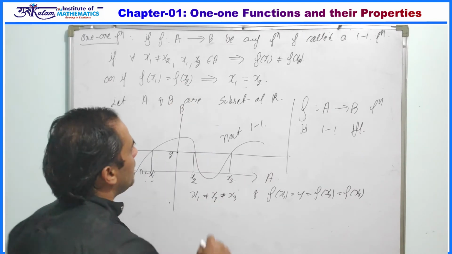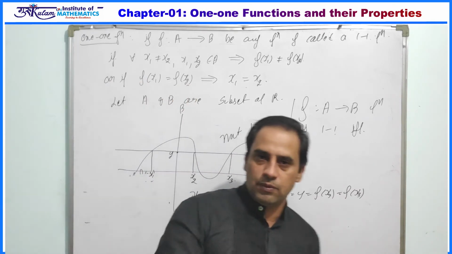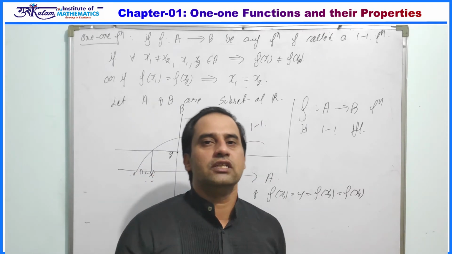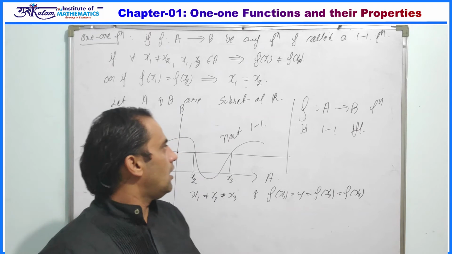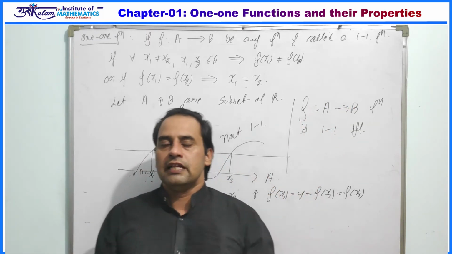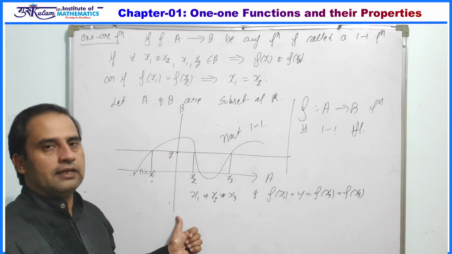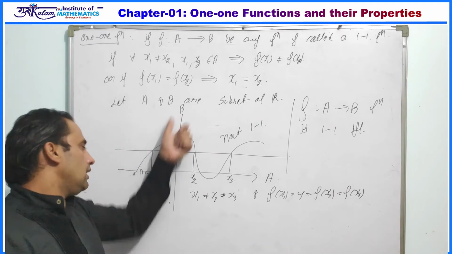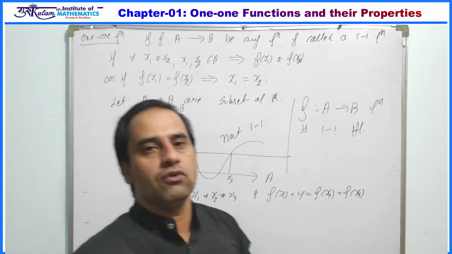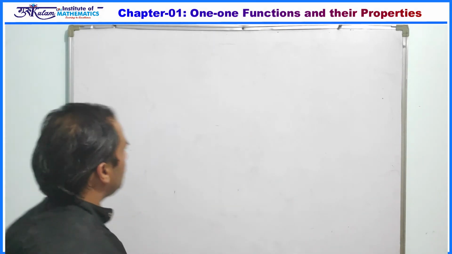So in this case, we have to discuss the pre-images: how many pre-images correspond to an element. If corresponding to any element there is more than one pre-image, then the function is definitely not 1-1. So a function from A to B is a 1-1 function if and only if every line passing through B and parallel to A intersects the curve y = f(x) exactly once. And next is counting of the 1-1 functions.